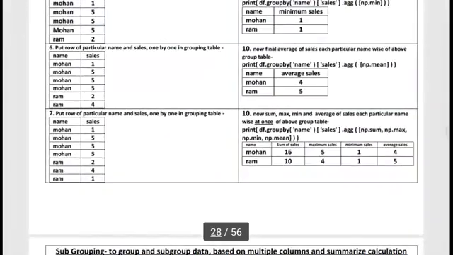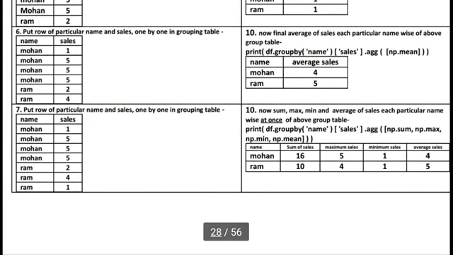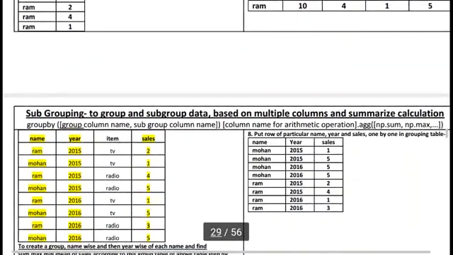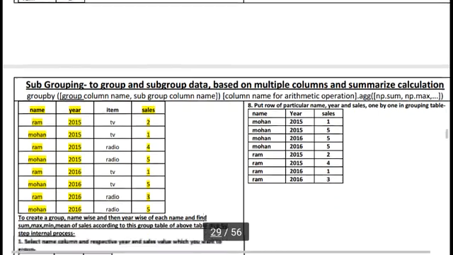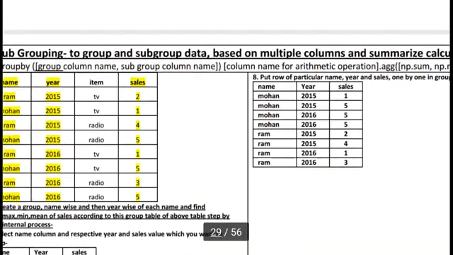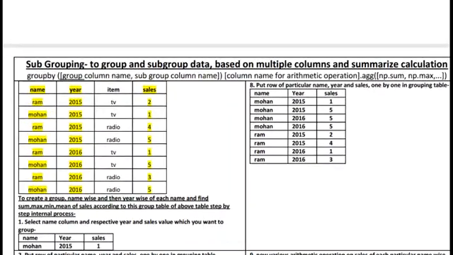Okay, I want to discuss one thing. We already know in sorting we can also perform sub sort. The same thing here: we can group and also subgroup, and then we can see the result. So we can use grouping and subgrouping operations. So you can see the grouping and subgrouping example.